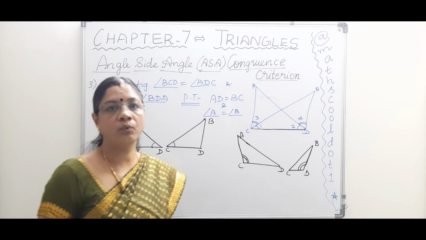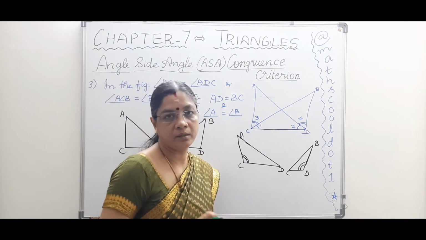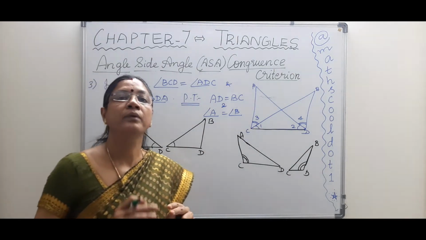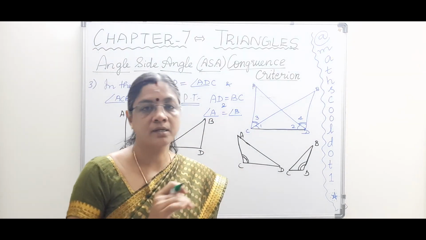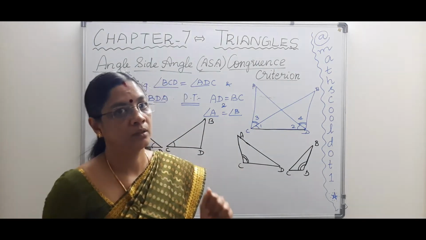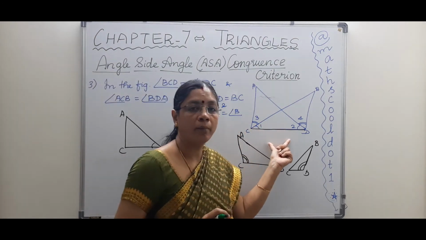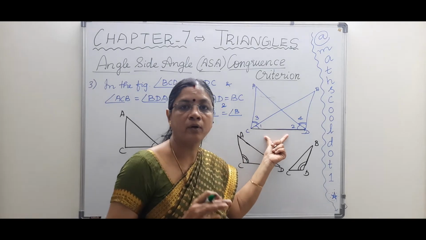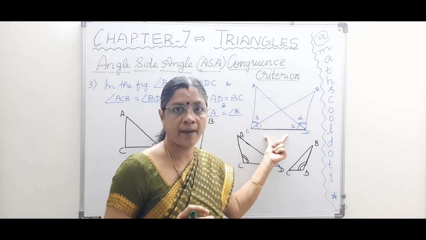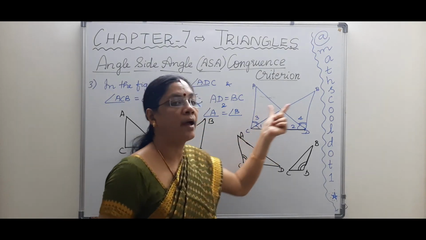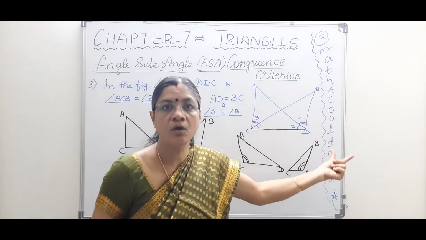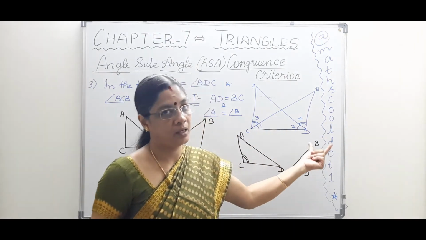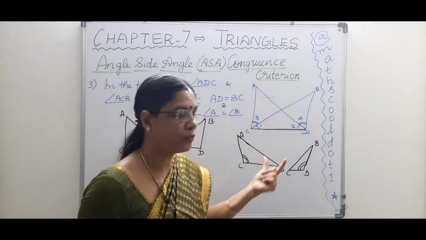So how do we prove? Since we know the angle side angle criterion, we're looking for two angles and the side enclosed within it. Now I told you we have a common side CD, right? So if this is the side which is common, or equal for both the triangles, then I need to have the angles along the ends of this line segment to be equal. So that I need to find out.